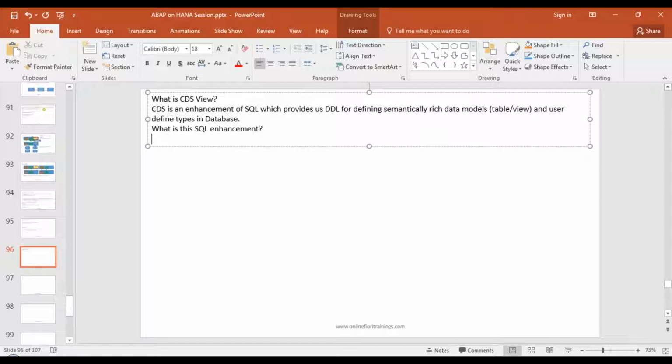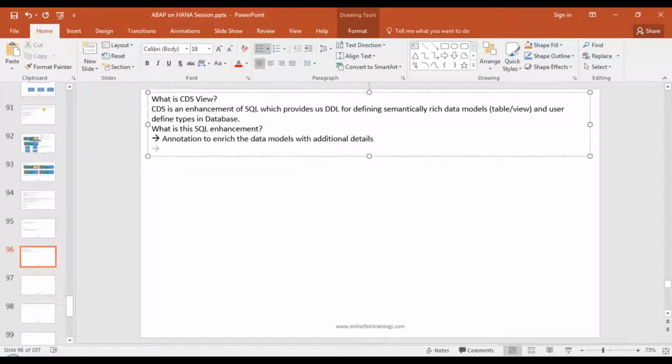So the first enhancement which has been done is annotation. Now you have an annotation to enrich the data model with additional details. This is the main advantage of using the CDS view.